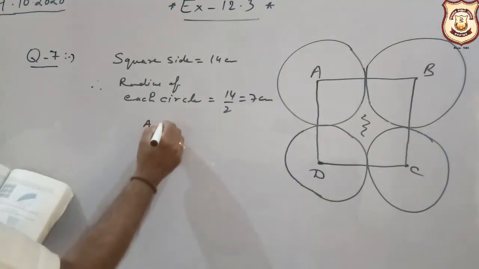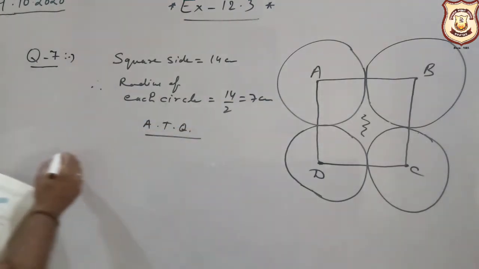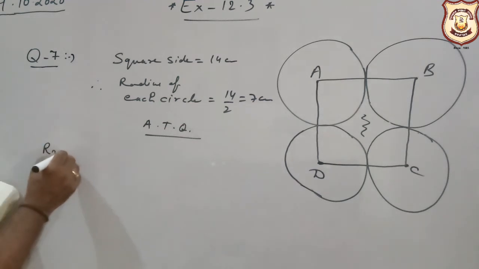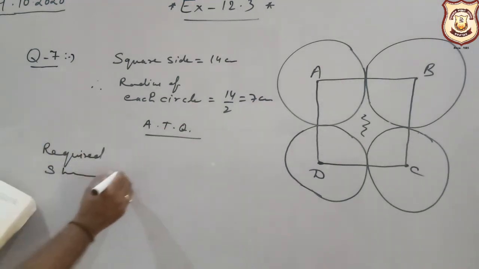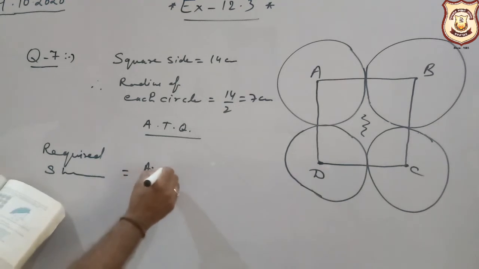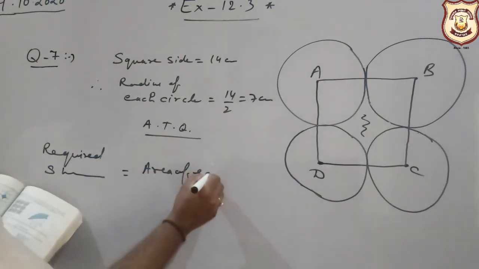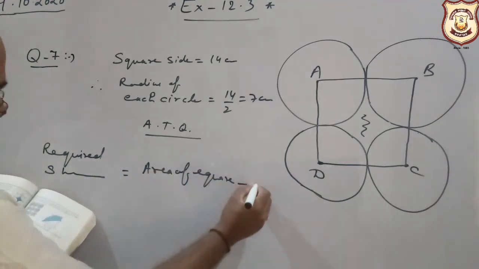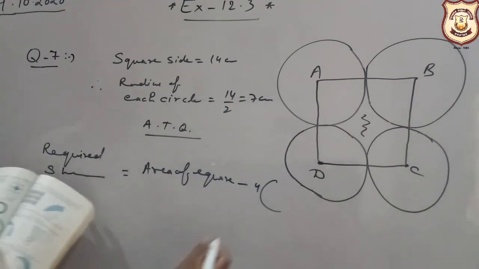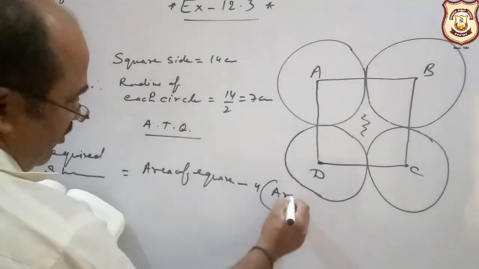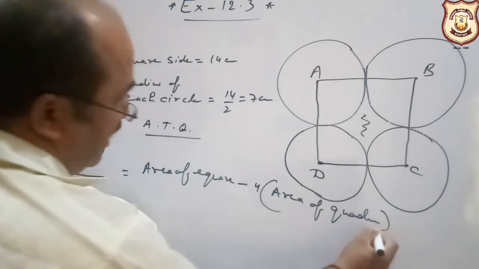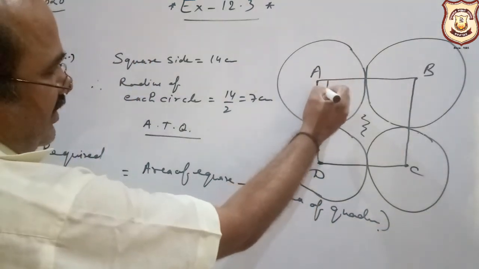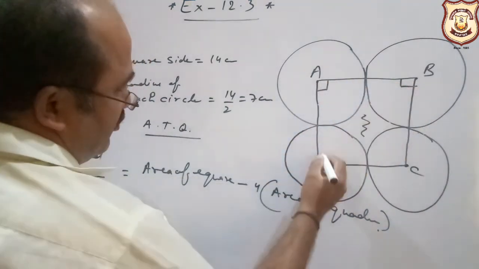According to the question, the required shaded region area is the area of square minus 4 into area of quadrants. Why quadrant? In the square, all angles measure 90 degrees. You know,